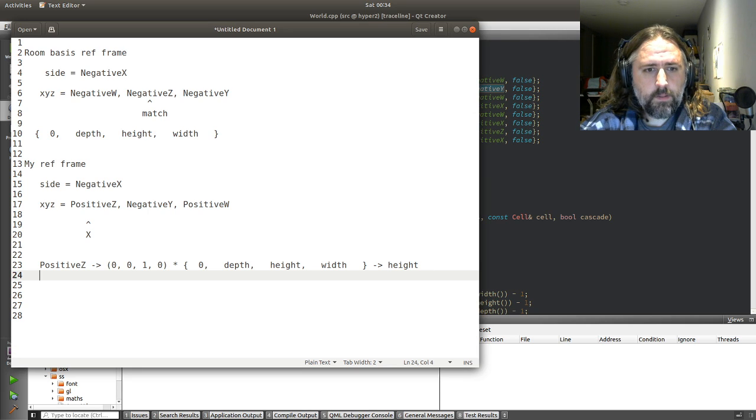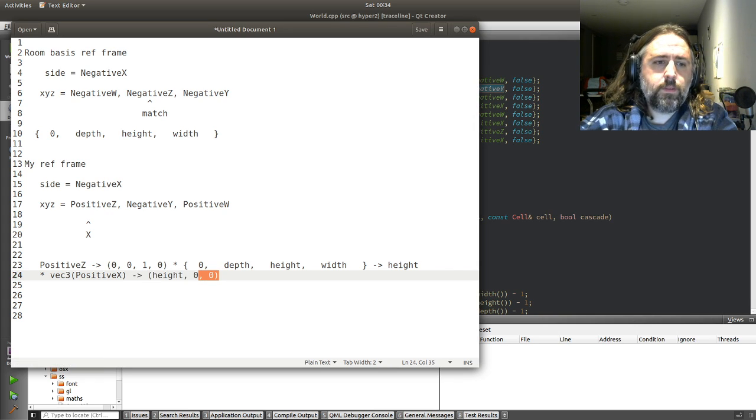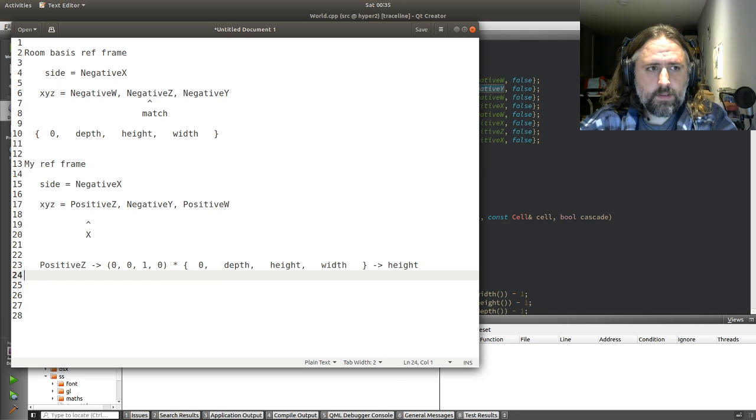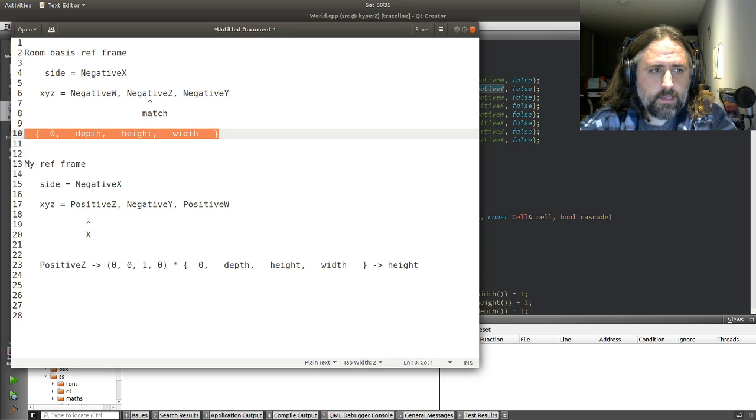And then we can multiply that through by a vec3 of positive x, which will give us height, 0, 0. So when we say, hey, we want to know how big the x-axis is, we can make a vector like this, which will have height in the x-axis. Perfect. That's what we want. So all we need to do is construct this thing,